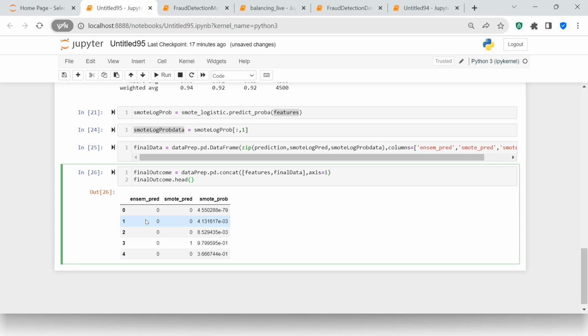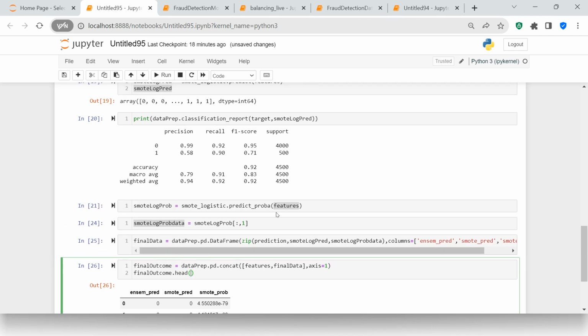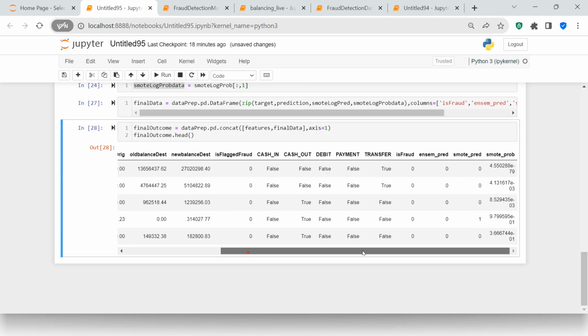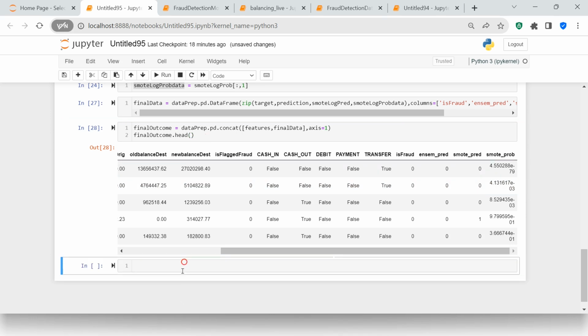And what I'm thinking is, I think I should use target also into the same one, right? I will put the target also, which is my original data. So let me put target as well. Target, and here I would say is fraud. That was the original data. Okay, let me do that, and then over here let me do this. Bravo, we got it. So this is the probability, this is SMOTE prediction, ensemble prediction, and this is reality, this is the truth. Now next thing which I'm going to do is I will just export this into Excel,